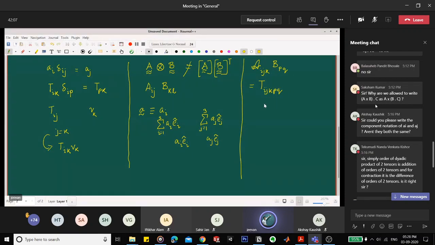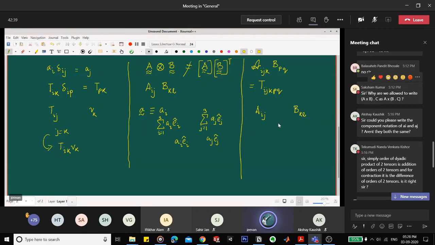However, if you want to take the contraction, let us consider a single contraction between two second order tensors. Again, we are considering separately the Aij, and here I'm writing separately, at a distance, the Bkl. Currently there is no dot product, nothing going on. Suppose now I want to take a single contraction between them. I have a number of choices. I can set i equal to k, or i equal to l. Next I can set j equal to k, or j equal to l. So I have 4 choices.